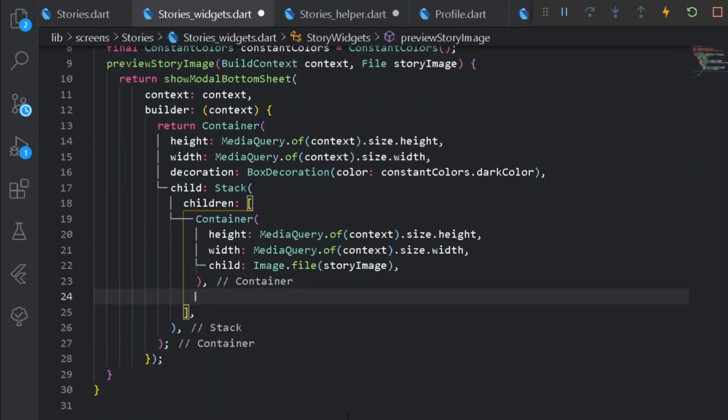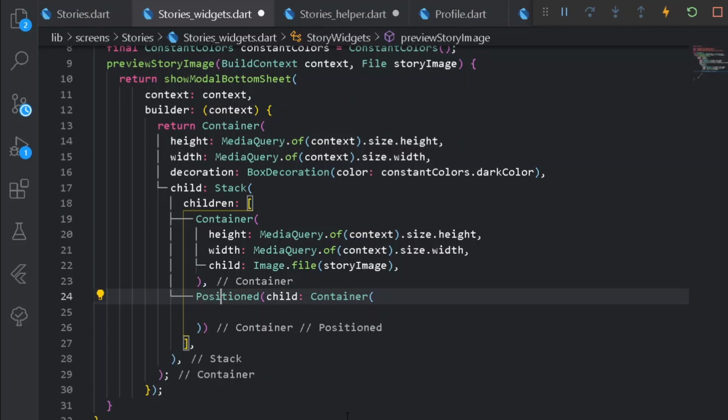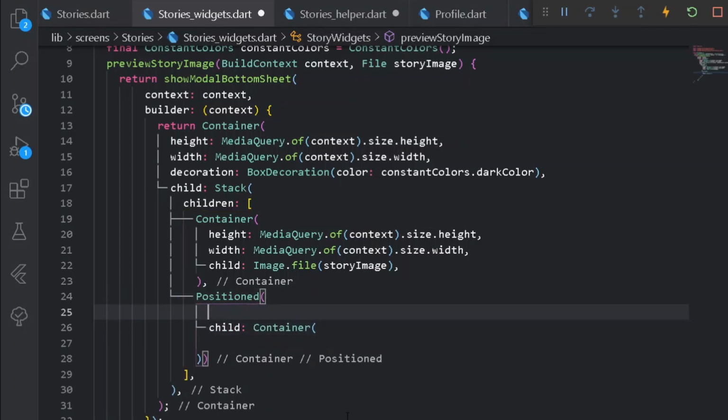So after having the big container, I can have a Positioned widget. Under my Positioned widget, first of all let's have a child to it in the form of a container. Before that let's have some position to it from top for 700.